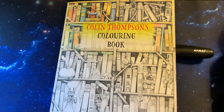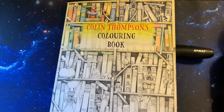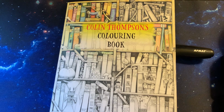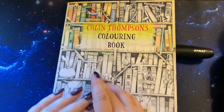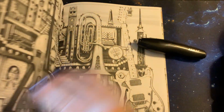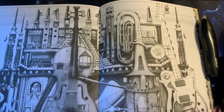Now I was inspired by Christine Aldridge, who is CL Aldridge on YouTube, and she was doing a picture in this on her live stream this morning, and I was just like, oh, I love watching that and watching the pictures come to life. And kind of went and got my book out while she was coloring and flipped through it, and I've always loved this page. I'll try to get it in